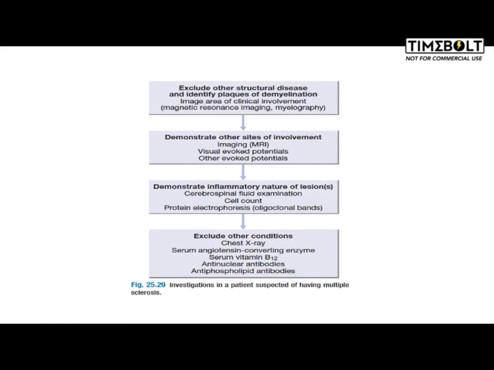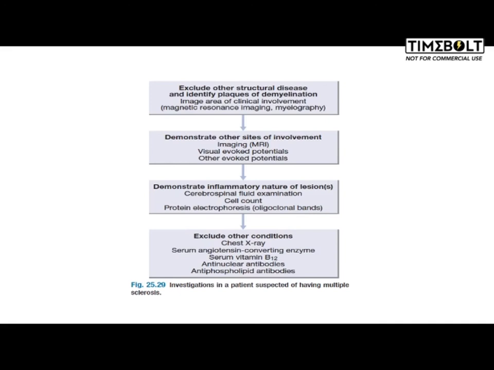Investigation. We exclude other structural diseases and identify flags of demyelination. Neuroimaging of the whole neuroaxis is recommended, and we perform it with contrast. Sometimes, for demonstration, visual evoked potentials and somatosensory evoked potentials are used. CSF is rarely performed; we look for oligoclonal bands on electrophoresis. For exclusion of other conditions which mimic multiple sclerosis, we do a chest X-ray for sarcoidosis and Churg-Strauss syndrome, ACE levels for sarcoidosis,